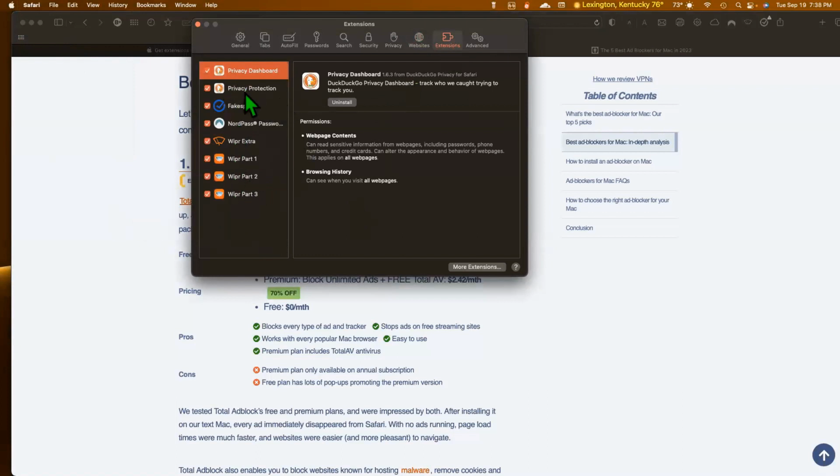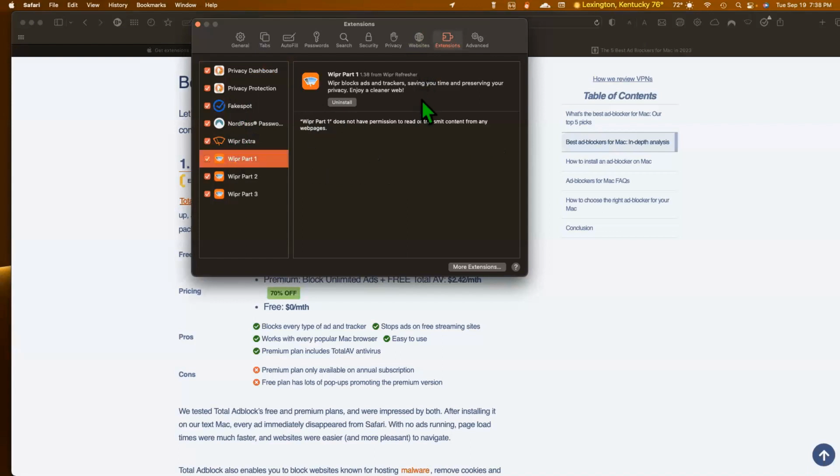Not very many, because you have to be careful. You have to look at who created this, what does it do, and do you really need it? Wiper is one that gets rid of ads, trackers, that kind of thing, and it's like $1.99 or something, and